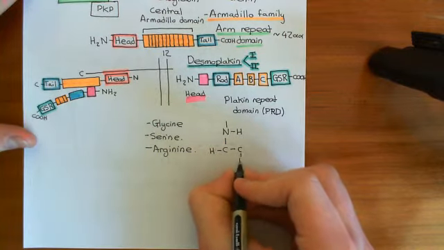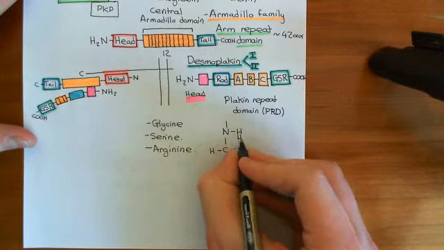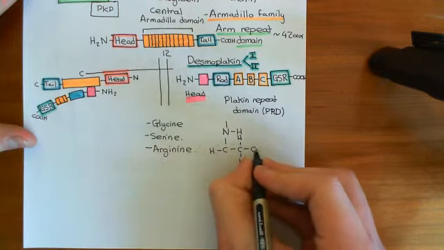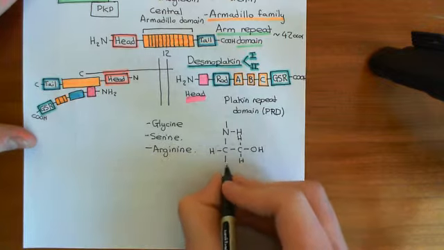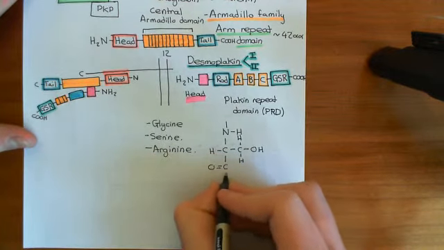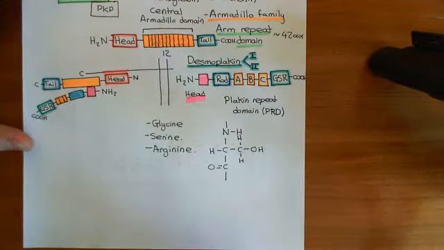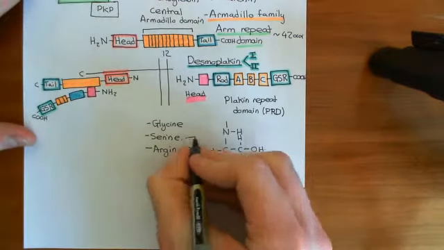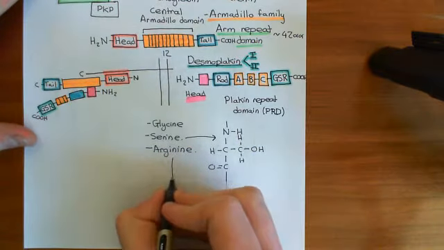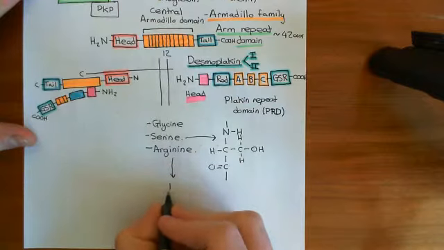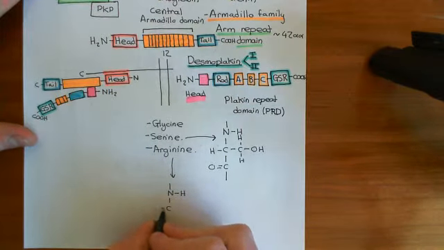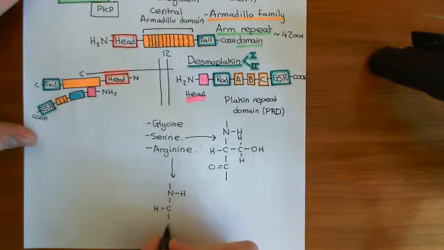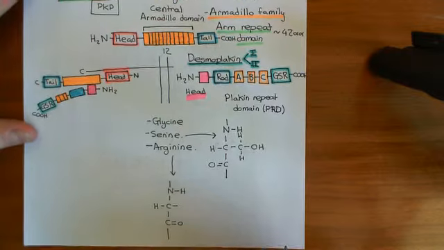Now, we'll start with serine here. Serine is going to have a methylene group as its R group, then with an alcohol group coming off that methylene group. And then it will have its carboxylic acid group down here. So that's the structure then of a serine amino acid. Arginine's a little bit more complicated. It has a very long R group. So here's the amino group, here's the alpha carbon with a hydrogen coming off it, here's the carboxylic acid group, and now the R group of arginine